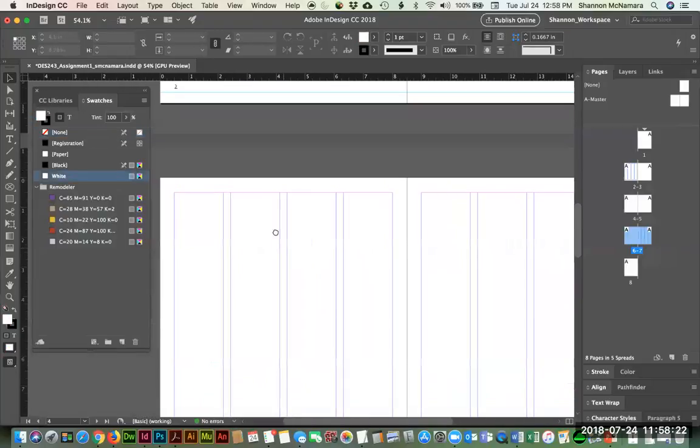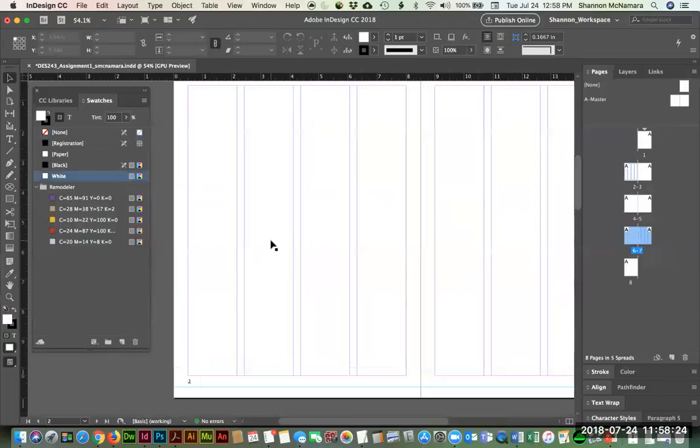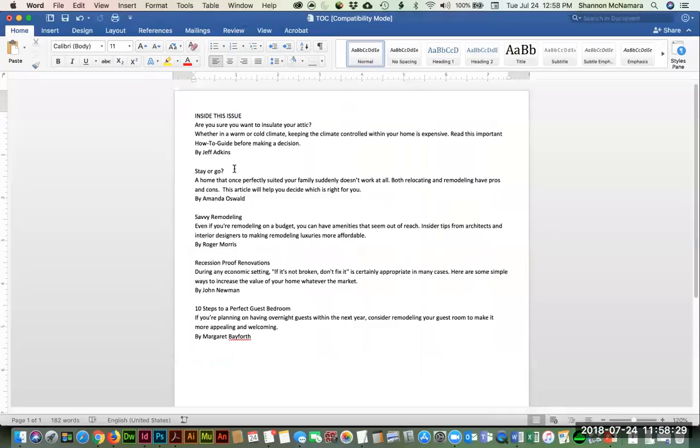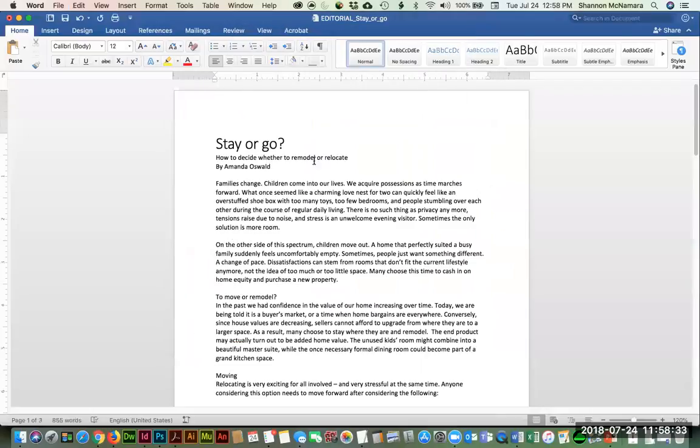And I need these to link to each other. So in order to get that to happen, I need to start copying and pasting my text from my editorial into that text box. I'm going to leave this out. I'm not copying and pasting this in because I know that I'm going to design my headline and my subheadline and the authors differently than I'm going to do the text for my